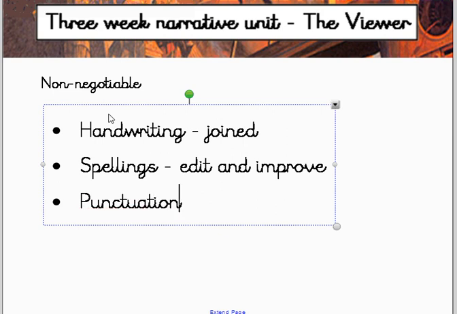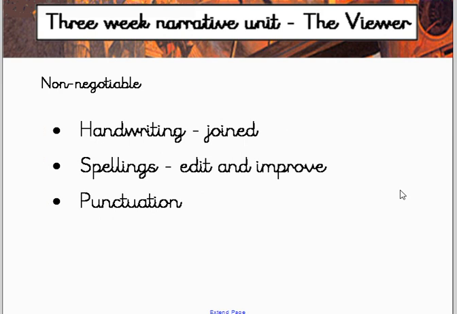I've had to message a couple of people through Class Dojo to say, look, the basics aren't there. Really focus on that: capital letters, commas, especially if we're using relative clauses. You need to be using commas in there. So capital letters, full stops, an absolute non-negotiable. We know that. You can do that, all of you can do that, and I want to see that in your writing today. So they are your non-negotiables.